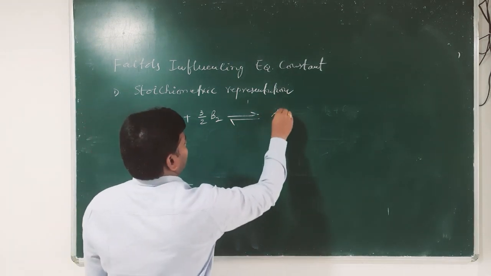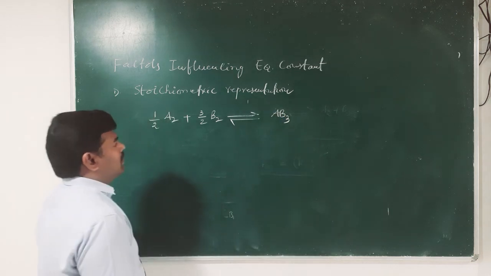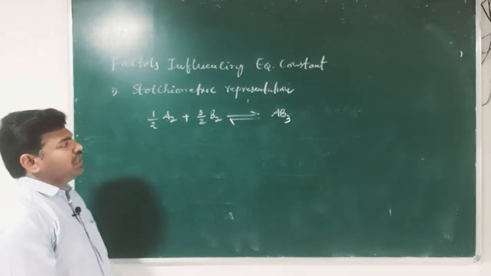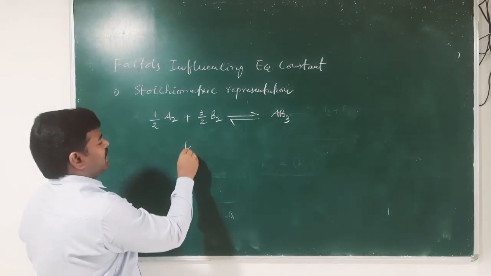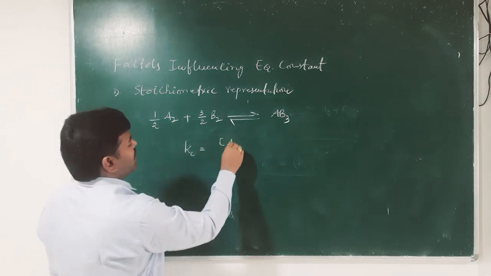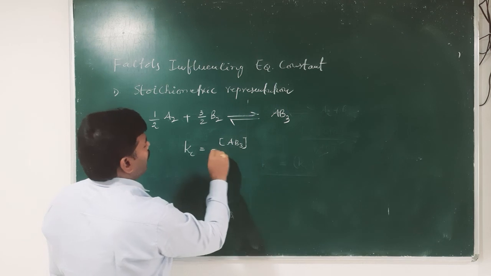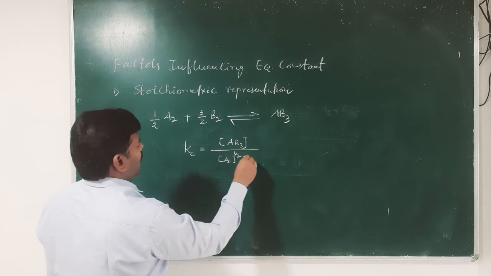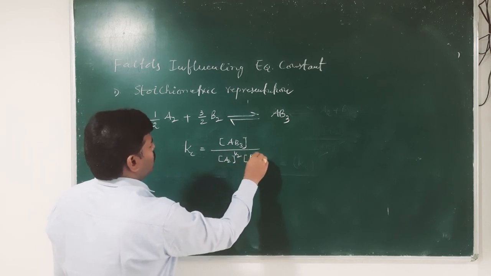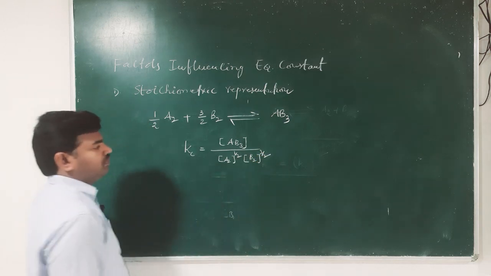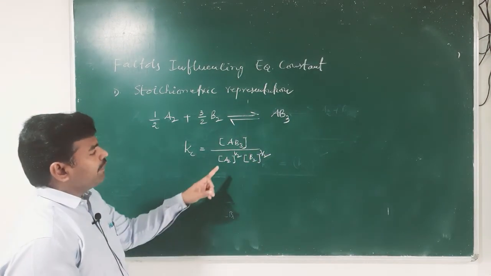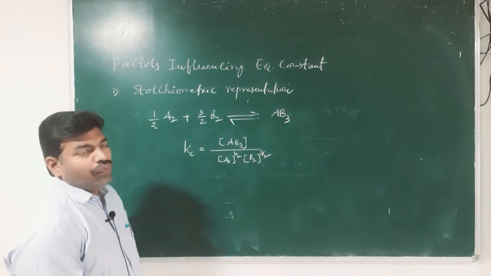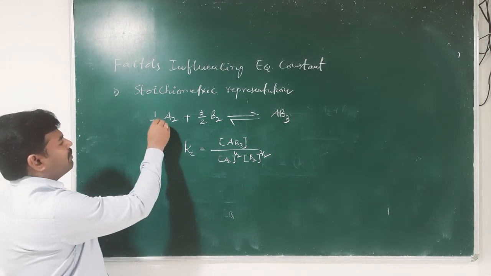AB3. So, this is the reaction. The equilibrium constant for this reaction is Kc equal to concentration of AB3 by concentration of A2 power 1 by 2 and concentration of B2 power 3 by 2. And when we multiply this equation with factor 2,